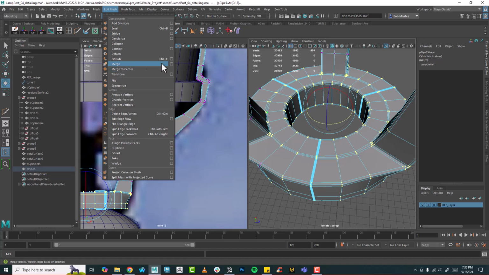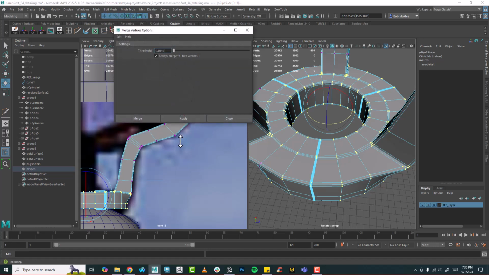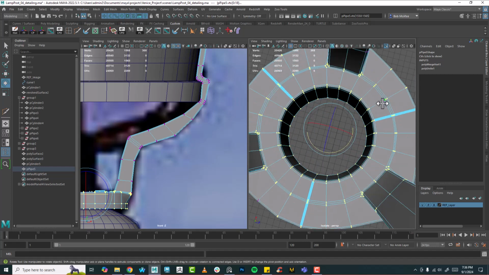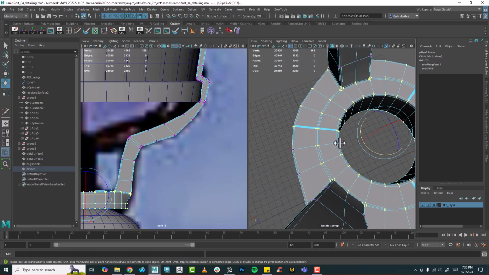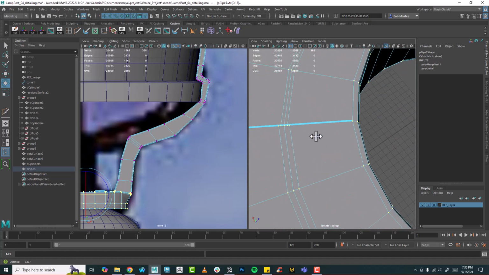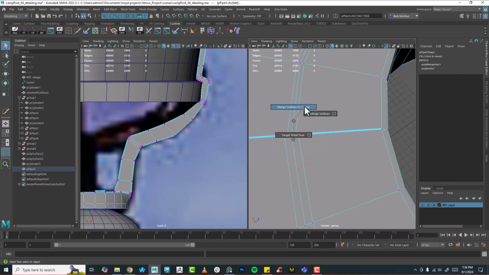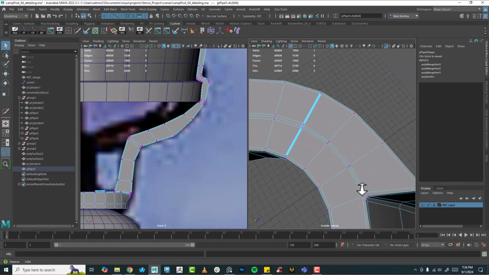If I just go and hit Merge, there's probably a very small threshold, 0.001. When I hit Merge, most of them are going to combine together. Now, these two bevels that I did didn't totally line up, so I've got to do a little bit of pretending. Maybe I'll just go in here and let's grab these. Get rid of that rotate tool. I'm just going to see what happens if I go in here to merge. Actually, what if I just do these two? I hit G. Got them. Okay, and